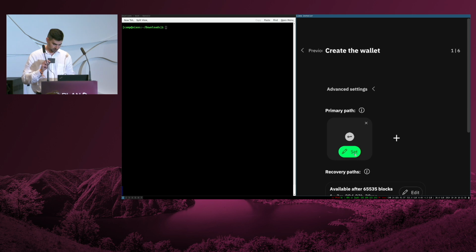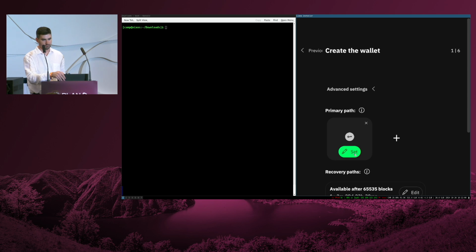So the second device will be the Ledger Flex. And the third signer, the safety net, I will simulate. I will create a hot key that Liana creates, because Liana is interacting with Bitcoin Core, so you can create hot wallets there.